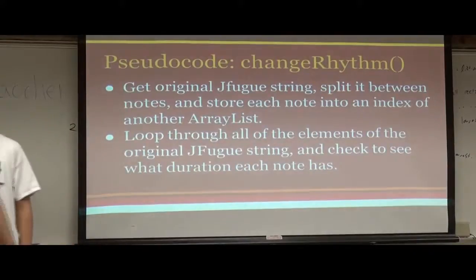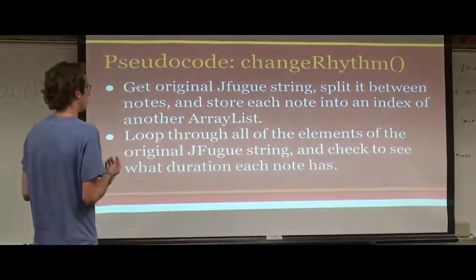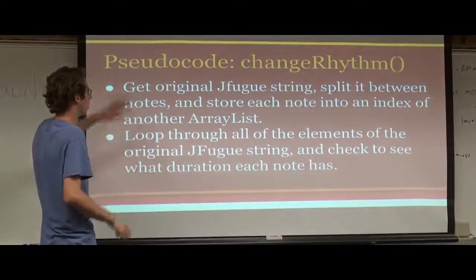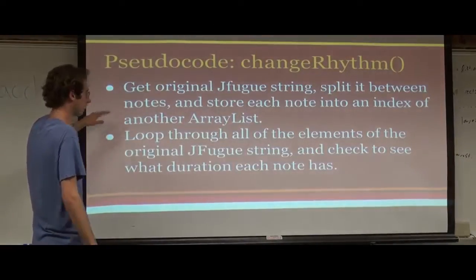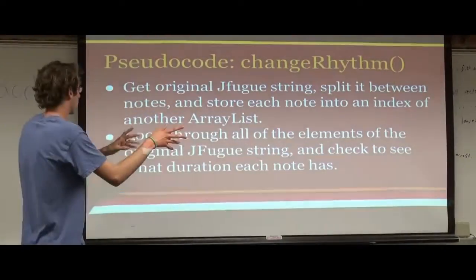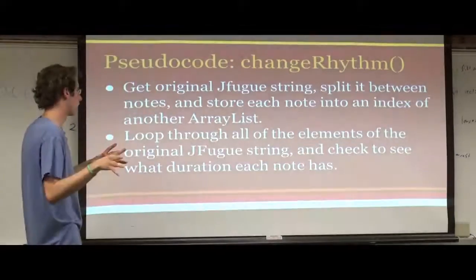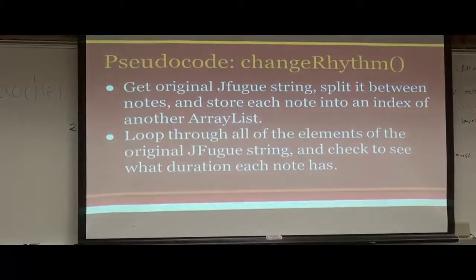Okay, so this is going into changeRhythm. This is after we've already processed the JFugue string. It takes the string and splits it between the notes, and then we make an array list of all the notes in the string. And then after that, what it actually does is, if we go back, if you remember,